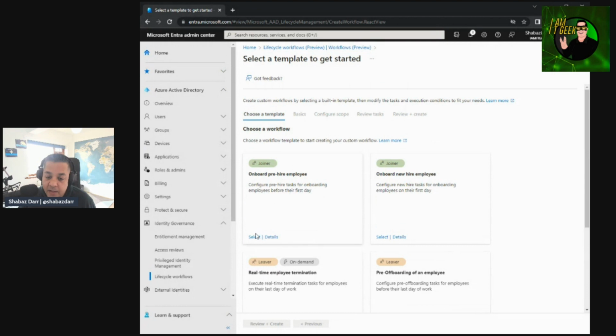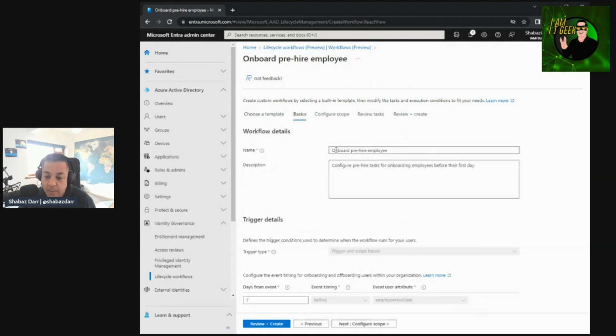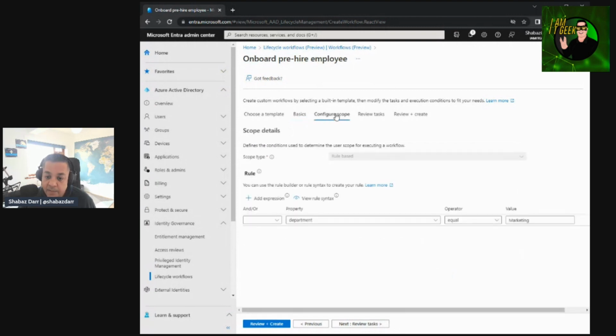So we just click select that one there, the pre-onboarding one, so the pre-hire one. And it's got all the details in there for us. We can either leave this at default, or we can change the trigger details. So this is the day, so 7 days from the event, it'll start to trigger that event. Configuring scope, again, we can add the different rules here. So